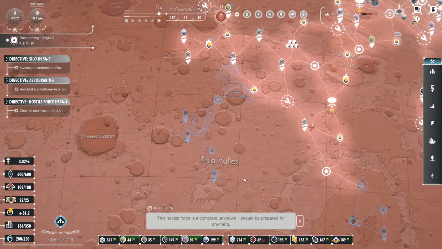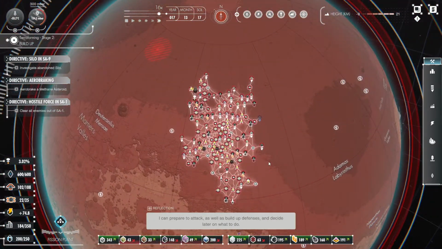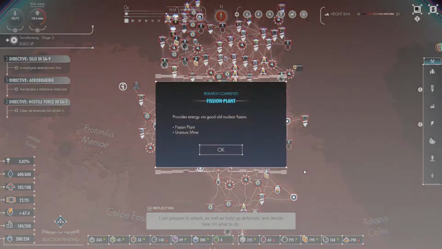If we have an opening, this hostile force is a complete unknown. I should be prepared for anything. I can prepare to attack, as well as build...